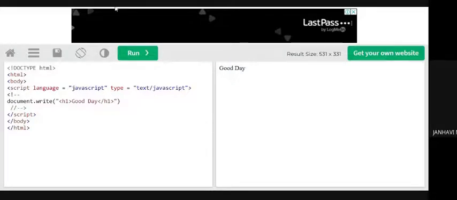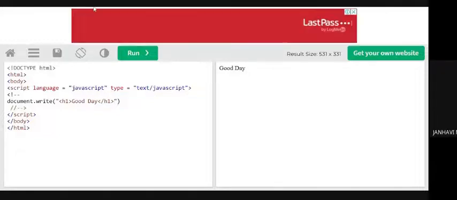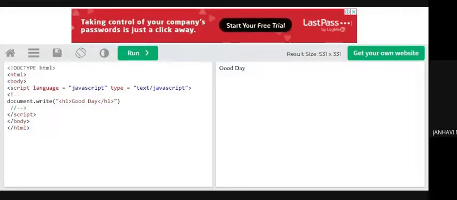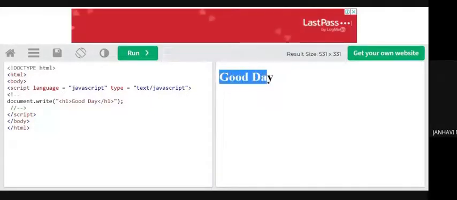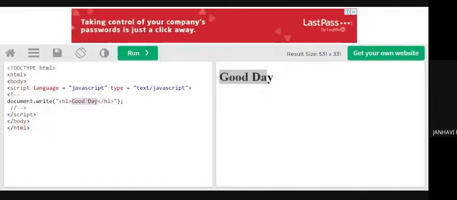If I put this, let's see what the change in the output is. And one more important thing which I should not forget is the semicolon. So when I run, what will happen? This text will behave as if it is a header 1 and the output will come on the screen.